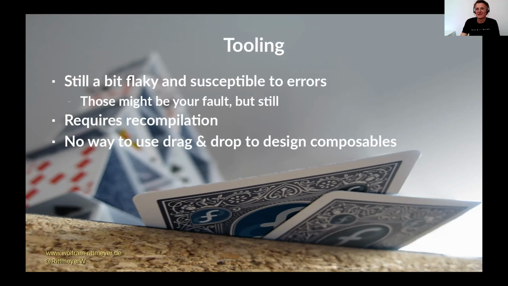So if your project has some flaws in it, even the simplest components like text itself don't get displayed in the preview anymore. And I don't know exactly what's the cause for that. So it's not very intuitive. Let's put it like that, because intuitive is one of the marketing blurbs here. Another drawback is that it requires recompilation. All our Compose projects right now are pretty small, but they might get bigger and bigger. So that's a problem. And you cannot use drag and drop, which is not as much a problem with Compose in my opinion, but still it would be nice if this were possible.